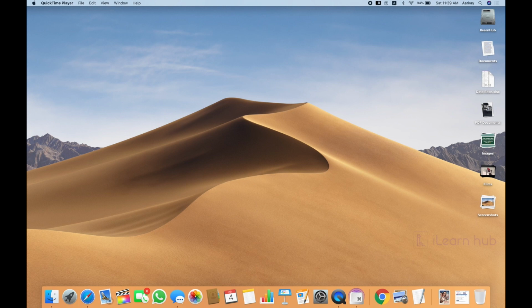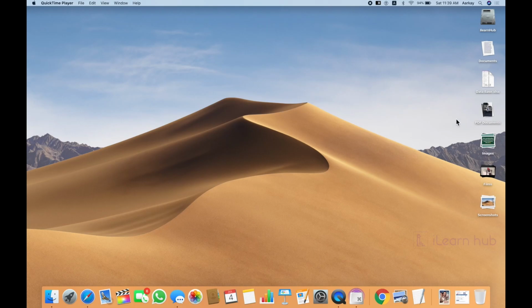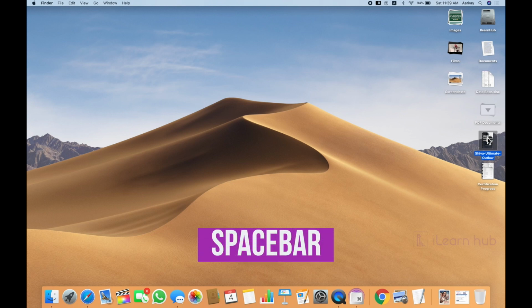Here you can see some PDF documents. Unless you have an Acrobat Reader or something installed in your computer, you can't open any PDF file. I'm talking about a scenario in Windows computers. Whereas if you are using Mac, just simply select the PDF file and use spacebar.